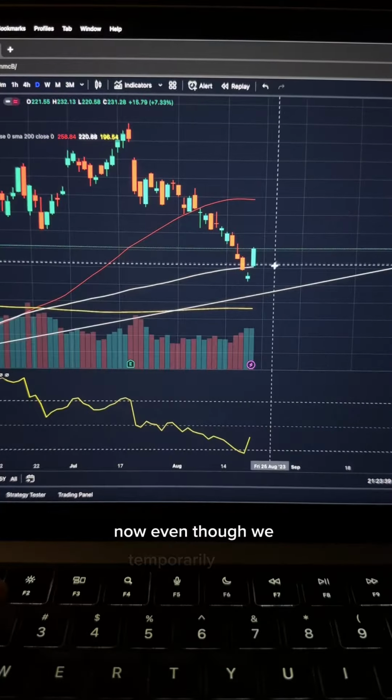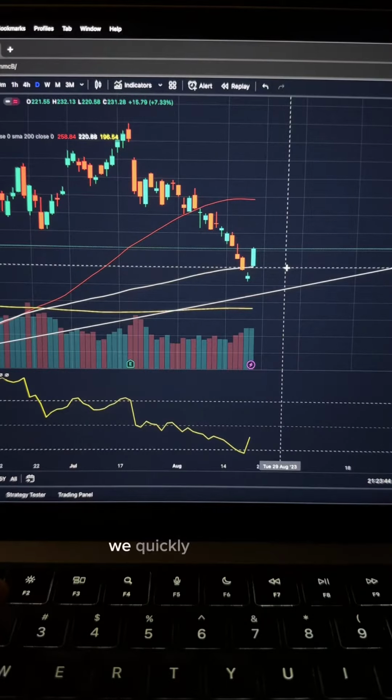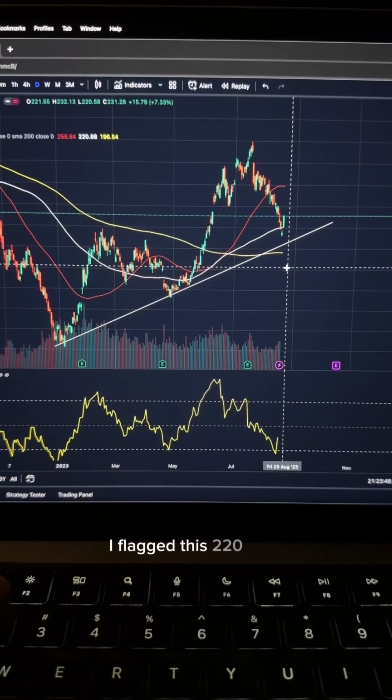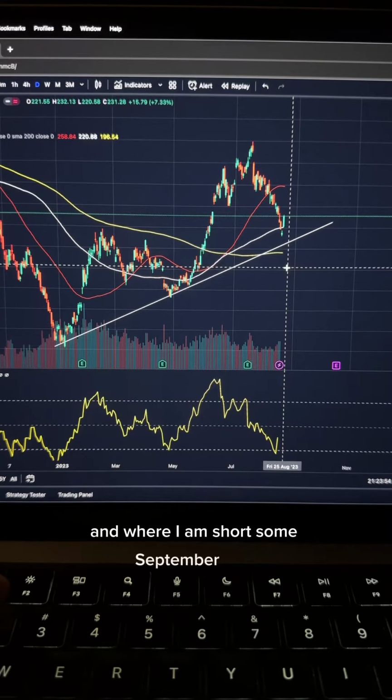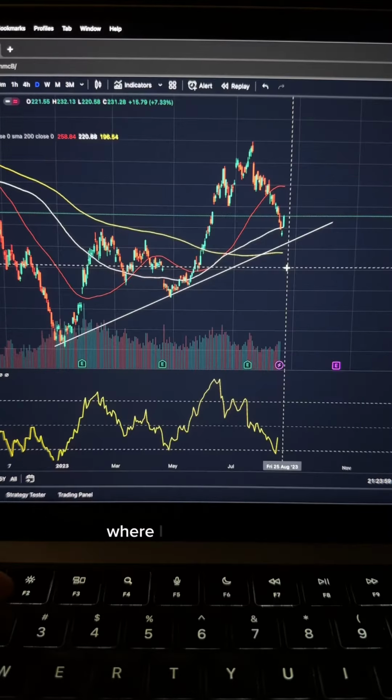Now, even though we temporarily broke below this 100-day moving average at 220, we quickly reclaimed it. Now, in an earlier video, I flagged this 220 level as being a great area for support in the stock and where I am short some September puts. So if you want to learn more about that, you can watch this video here where I go into greater